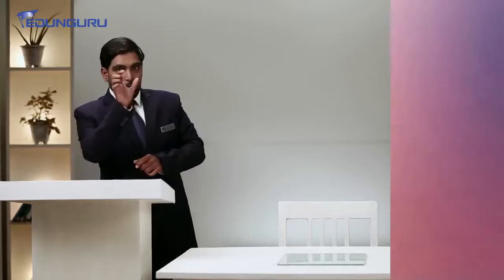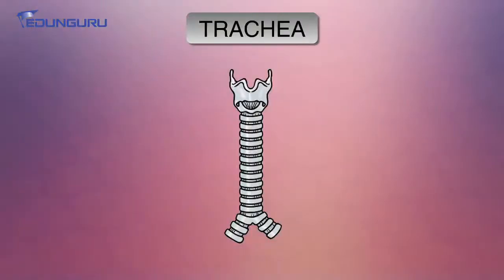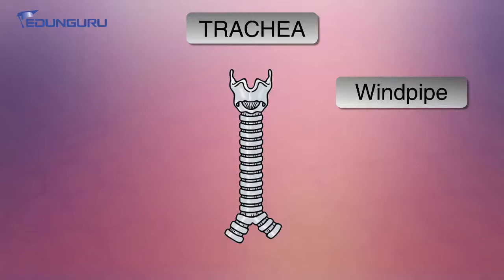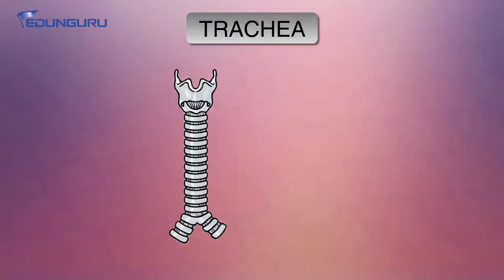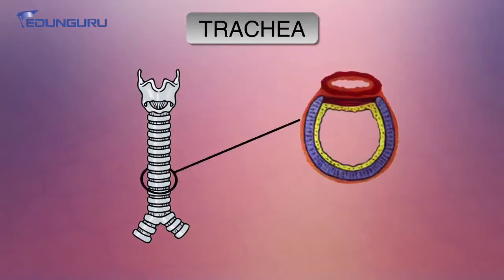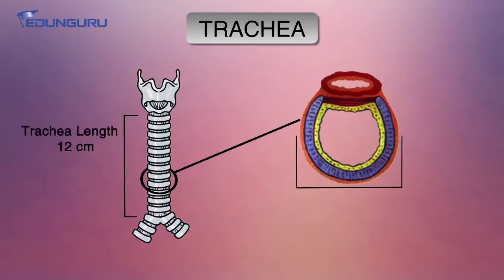Now when we talk about trachea, trachea is called the windpipe. What is the structure of this trachea? When you look at this, it is not a straight tube. It is having a cartilaginous ring. Cartilage we all know. What is the shape? It is a C-shaped cartilaginous ring. So when I look at the trachea, let's say from here it starts and somewhere here it ends. When I measure the length, it is somewhere around 12 centimeter. 12 centimeter is the length of the trachea. The diameter of the trachea can be 2.5 centimeter.